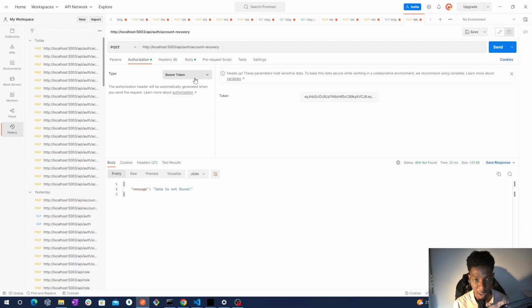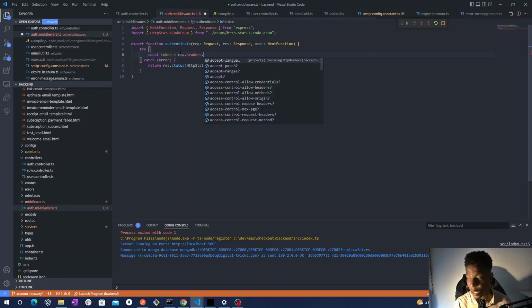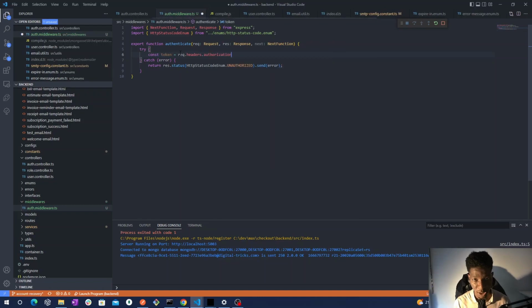We select a bearer token and put a bearer token here. So we get from this request header, using the authorization,